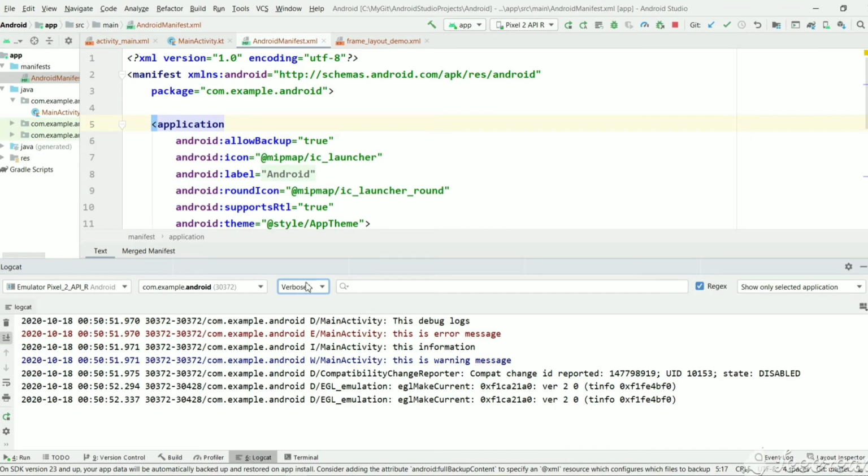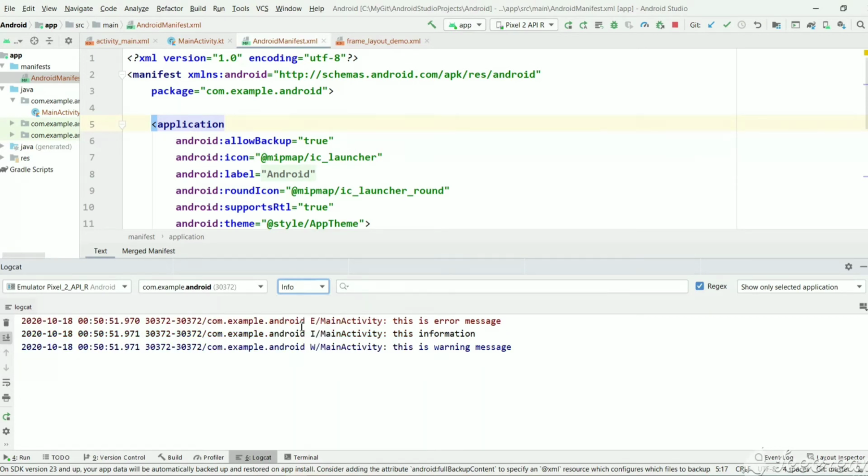And if you see here, you can see the levels of logs. Suppose you select debug here, then you will be seeing all the logs related to debug, info, warning, error, everything. Just select debug. There is no change because we will be seeing all the logs at or above debug. If you select information, then we won't be seeing the debug logs. Just select info. So you can see there are no debug logs.